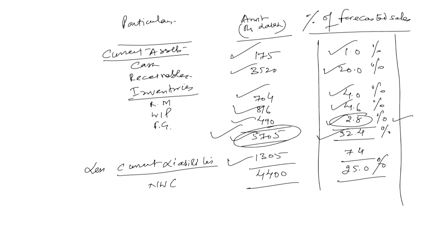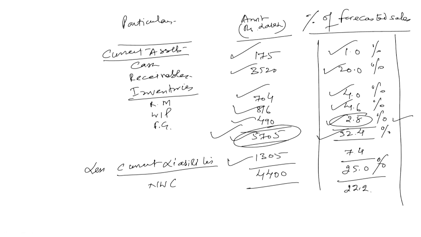The total amount of this 2.8, and then if you work out the net working capital again, it will be 32.4 minus 2.8, and then minus 7.4. So, net working capital will be 22.2, because we have taken out 2.8. When we have segregated this investment of 2.8, the remaining level of current assets will be 32.4 minus 2.8, and then funds coming from the current liability 7.4%. So, out of the total net working capital